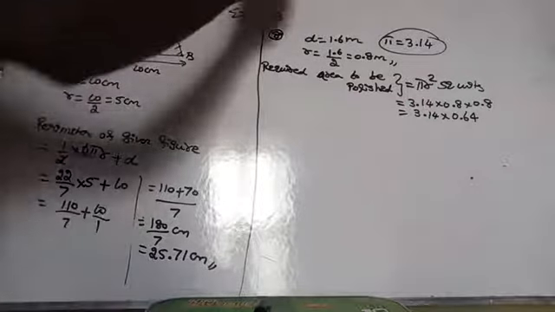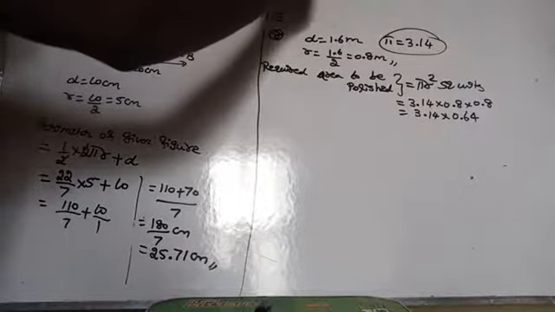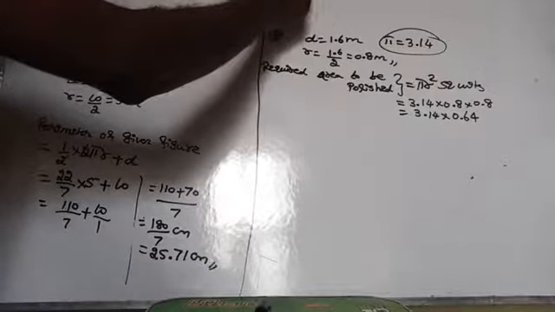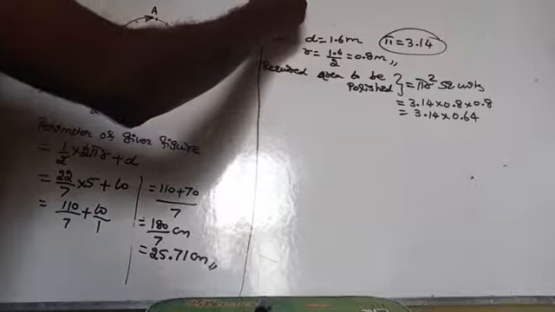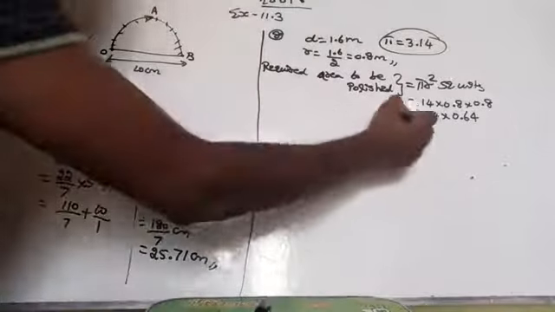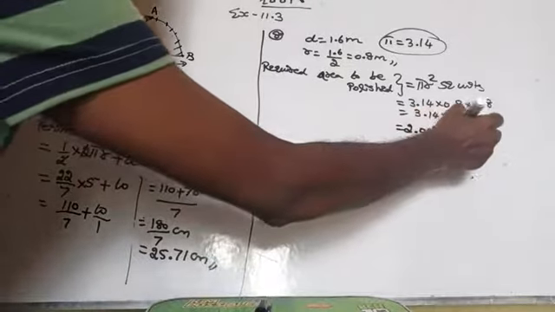Now multiply these two. That is 314 into 64. 4 fours are 16. 4 plus 1 is 5. 3 fours are 12. 6 fours are 24. 2 sixes plus 2, 8. 3 sixes are 18. 6, 5 plus 4, 9, 10, 10, 2. That means you have to count 4 decimal places. Then it is coming like 2.0096 meter square.